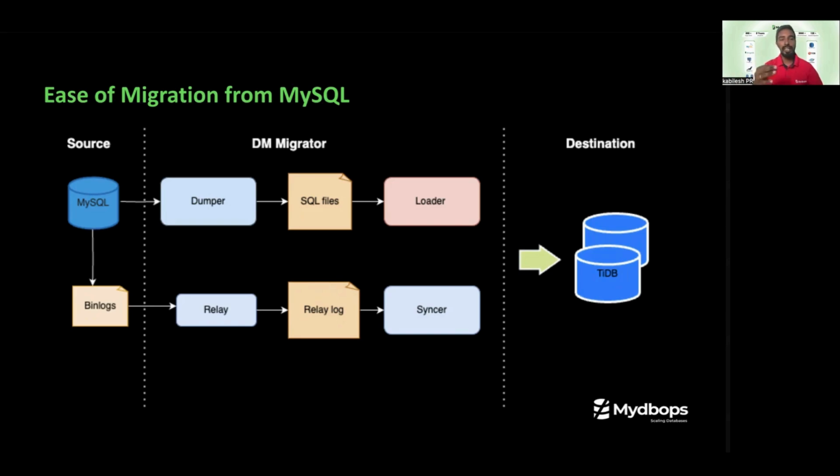First, the migrator takes an initial seed backup from MySQL by using MyDumper, their version of MyDumper, in a multi-threaded fashion, and it is stored as SQL files. The SQL files are then loaded to your destination, that is TiDB. Once the initial loading completes, it takes the binlog position from the point of backup and creates a replica. That means it will start a binlog dump thread from the source and sync the incremental data. This is how the migration pipeline works from MySQL to TiDB. So we are sorted on the migration.